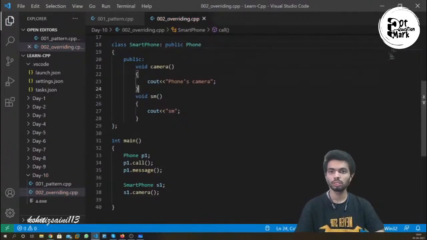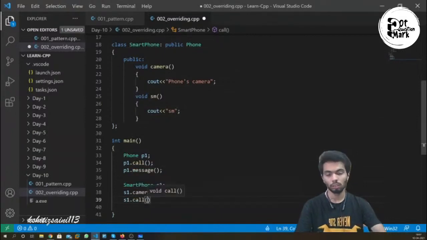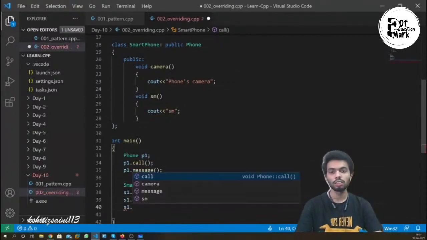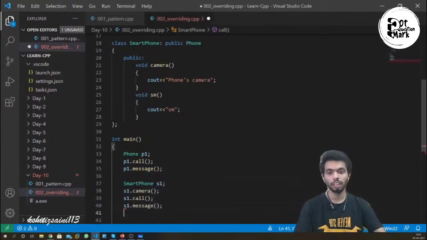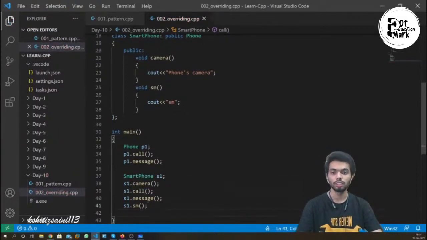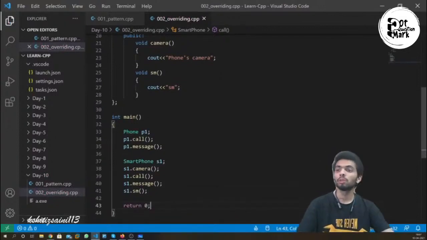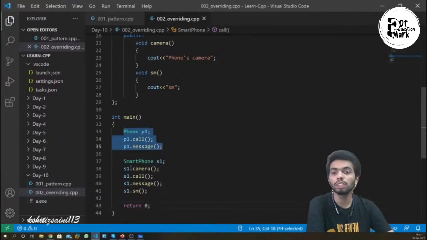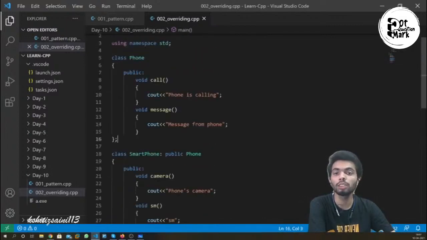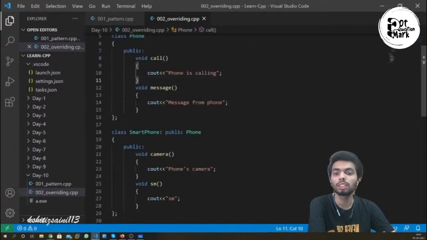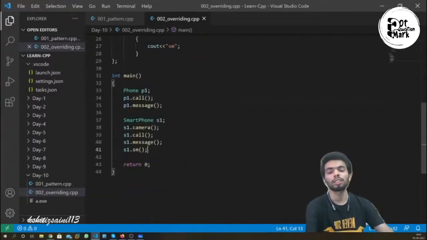ठीक है, तो अब हमने Phone को इनहेरिट कर दिया। तो s1 हैज कैमरा, s1 has call now as well, s1 has message as well and s1 has social media as well। तो s1 के पास ये सारी की सारी फंक्शनैलिटीज हैं। बट व्हाट इफ there is a person who is using a smartphone but who does not actually think it is a smartphone। मतलब कि आपके पास स्मार्टफोन है एंड यू आर स्टिल थिंकिंग इट इज अ फोन, तो आप ये दोनों सर्विस एक्सेस नहीं कर पाओगे। तो अब इसको देखते हैं हम कैसे करते हैं।